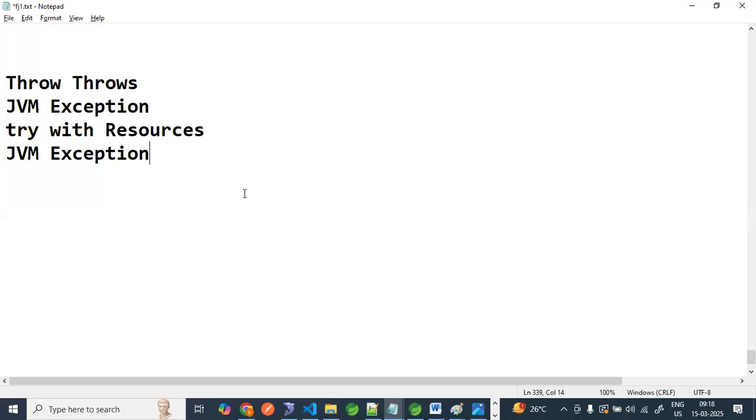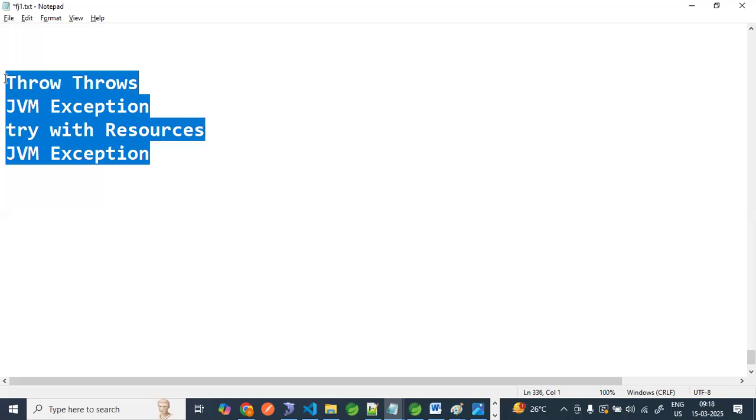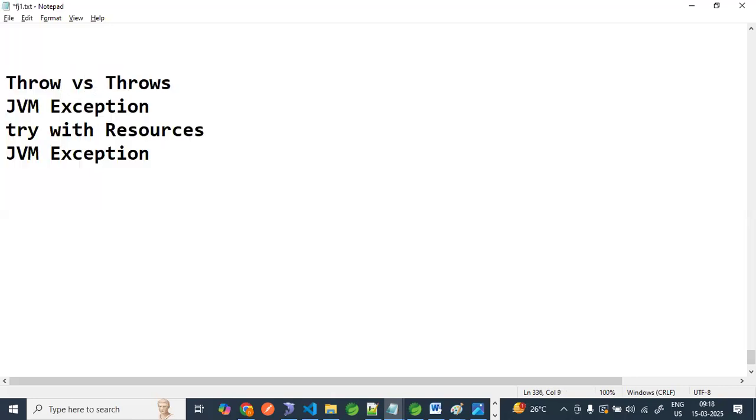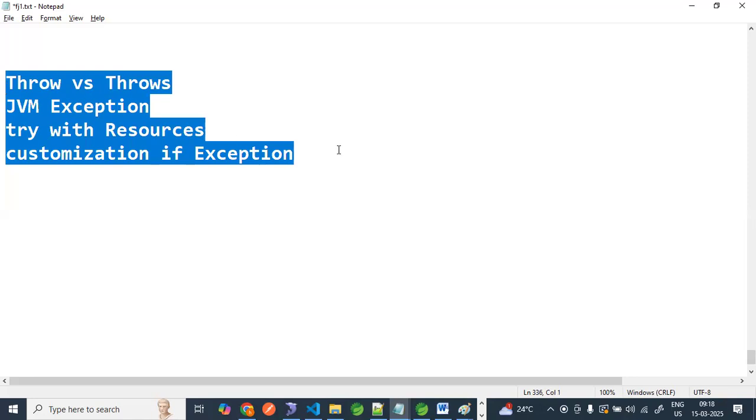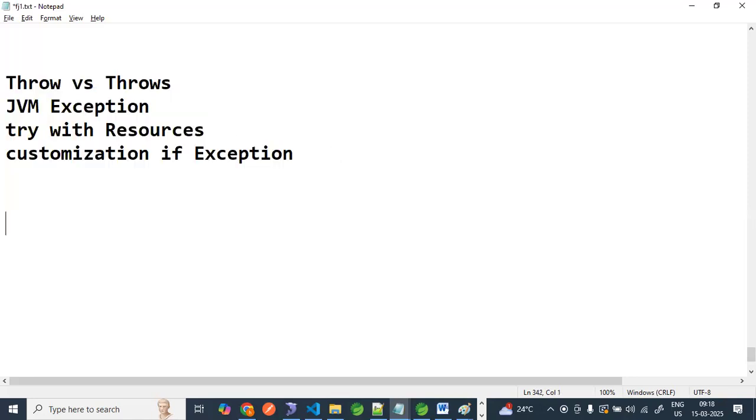With this, we are going to close our exception handling tomorrow. So this is the agenda for tomorrow: throw versus throws, JVM exceptions, try with resources, and customization of exceptions. Very important, customization of exceptions, our own exception, how we can create our own exception. And then we are closing exception handling. After that, we have two options,